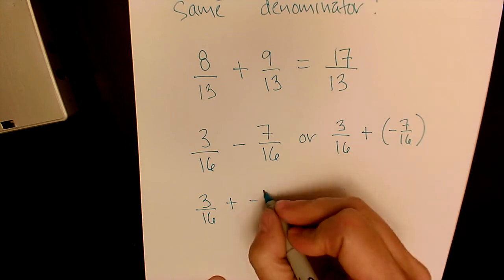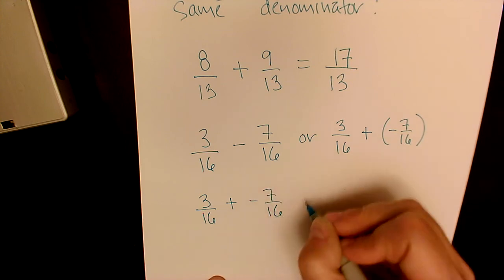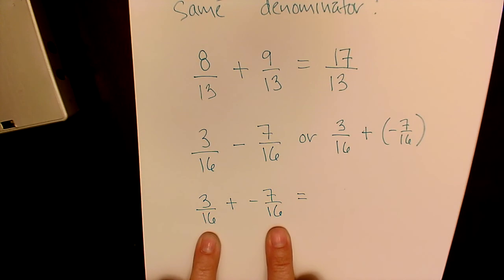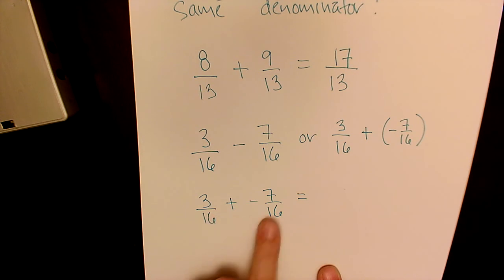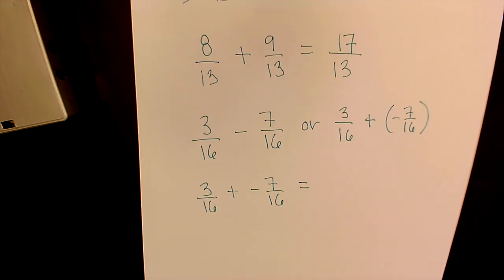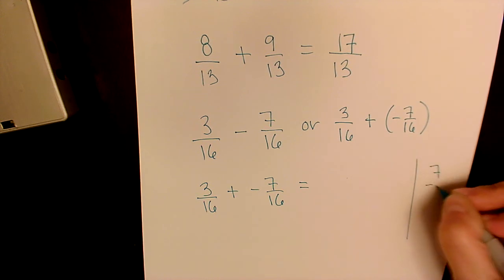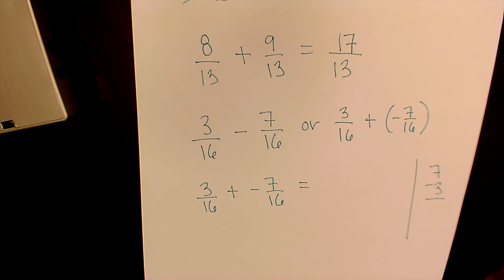You can take out that parentheses if it's killing you. They both have the same denominator. They're in the same size pieces, so we can add them together. But we've got a positive 3 and a negative 7. So if you remember, when I've got a positive and a negative and I'm adding them, I'm really subtracting. So I'm really taking 7 minus 3,